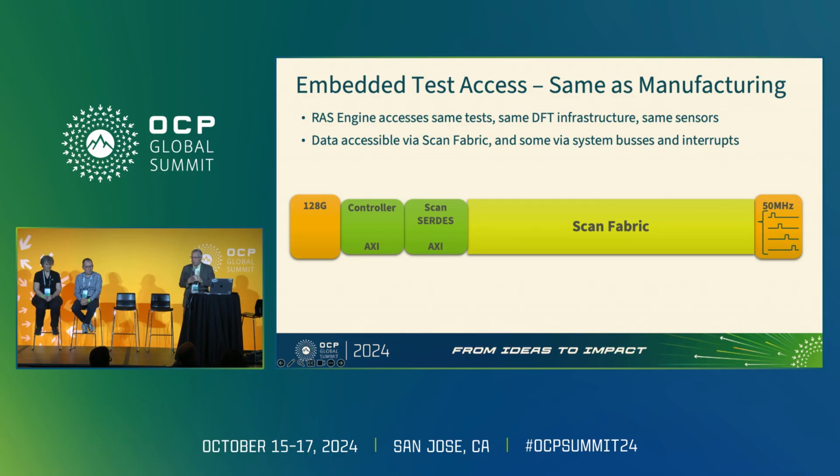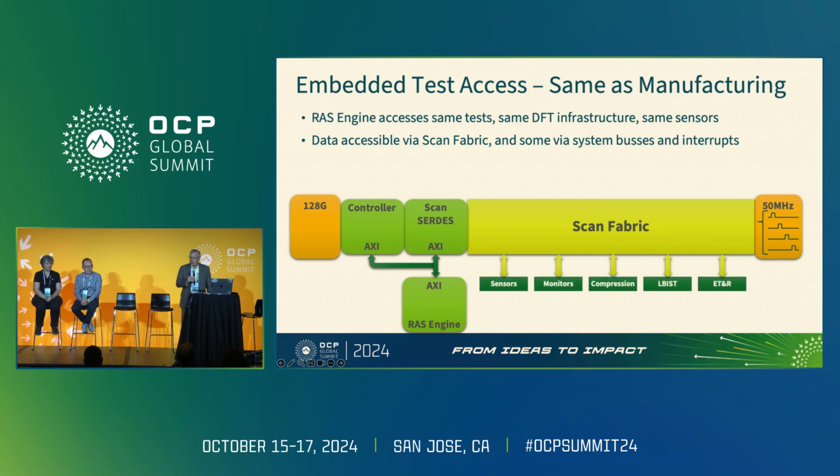So we've got this great pathway between the top of the chip through, let's say, PCIe into the scan fabric to do all our tests. Wouldn't it be cool to attach a RAS engine, as we've been discussing, to this DFT IP in the controller, so that we can take all of our sensors and actually observe them along this out-of-band fabric, or maybe even in-band, possibly, for some of these sensors, and do testing at a very deep level to try and detect these issues. And then this RAS engine could do a little compute, figure out if things are working okay,